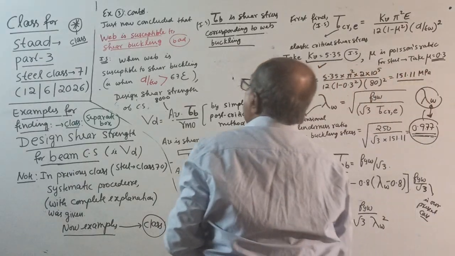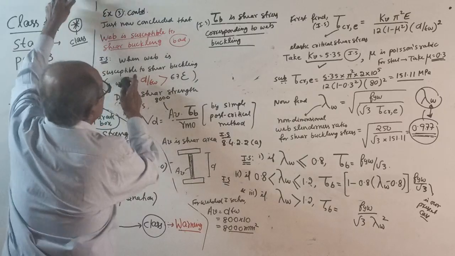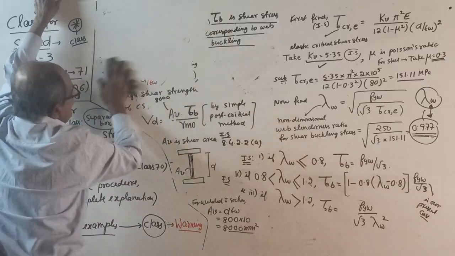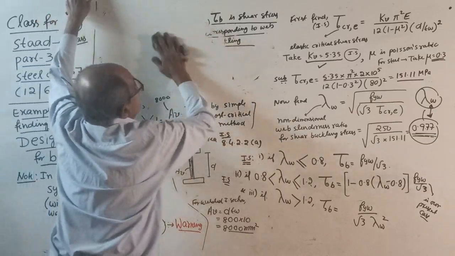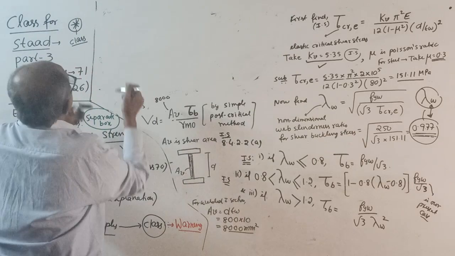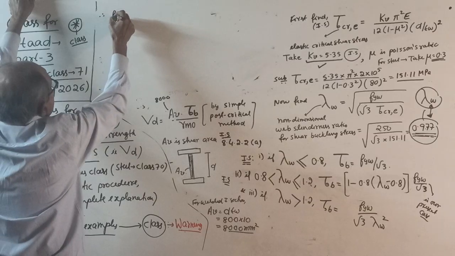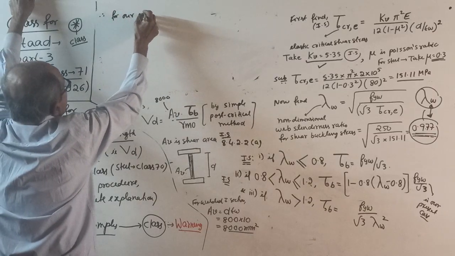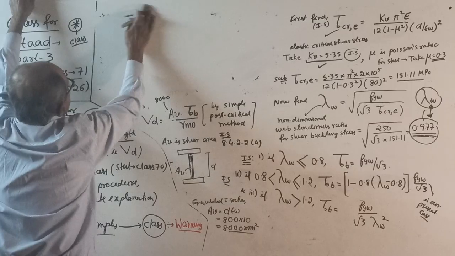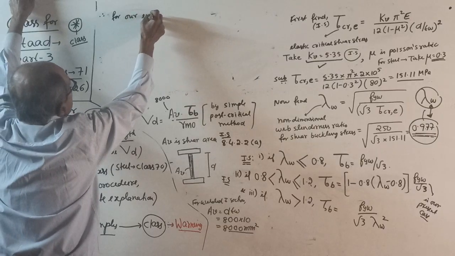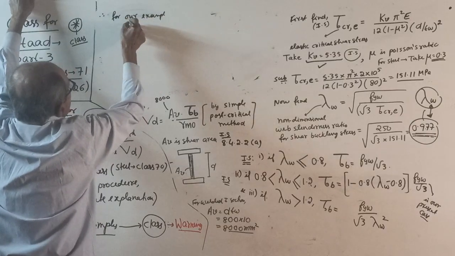See, now I will write here, this all I will remove. I will remove this one now. Okay, this I still maintain. I will continue here. Therefore, for our present example, lambda w,